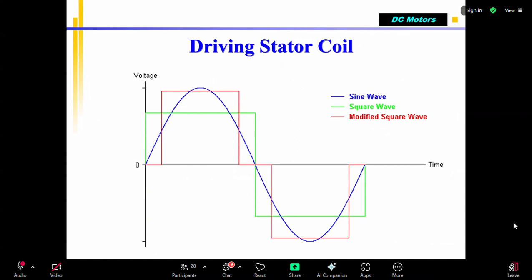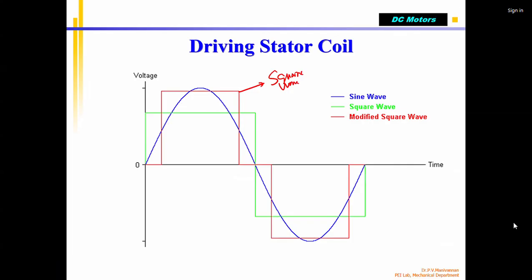Now, right now we are talking about the BLDC motor. A BLDC motor should be supplied with a square wave. Actually, the current should be trapezoidal. If you supply a square wave itself, the current becomes trapezoidal. A square wave you can supply, but to make